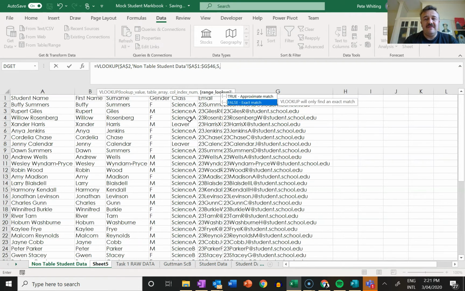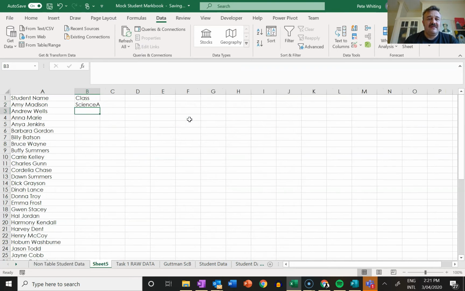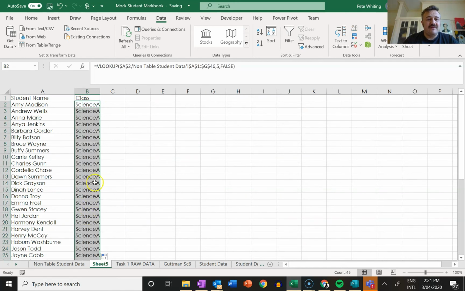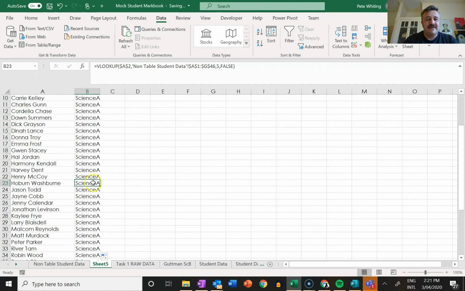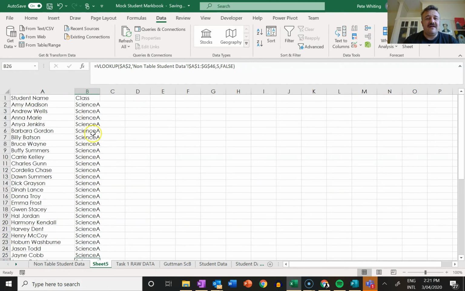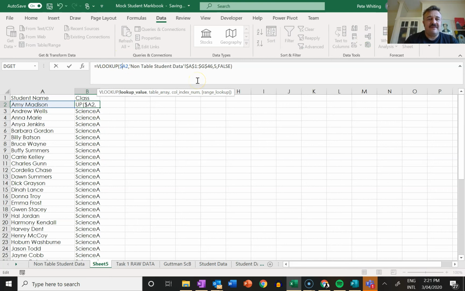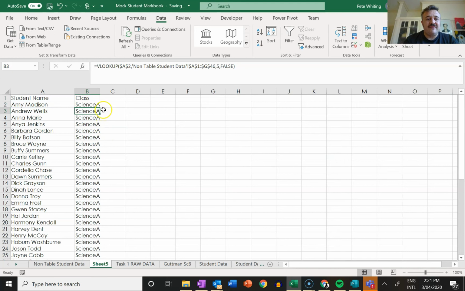And see how we click this false here? We want to press tab on the false so we get an exact match. And then if we double click there, it'll drag it all the way down. Now, we've hit our first error. I did not want to fix A2. That's the one I didn't want to fix. I wanted to fix everything else. So now if we do that,